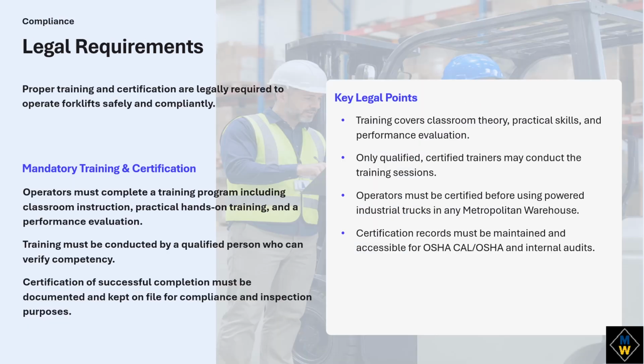Legal requirements, OSHA and Cal-OSHA compliance. This section covers the specific legal framework that governs forklift operator training. Operators need to understand that this training is not optional. It is a regulatory requirement with real consequences for non-compliance. The three-part training requirement. Under OSHA 29 CFR